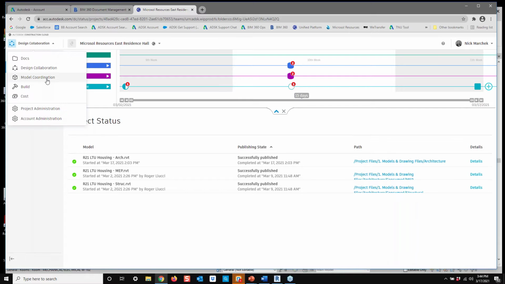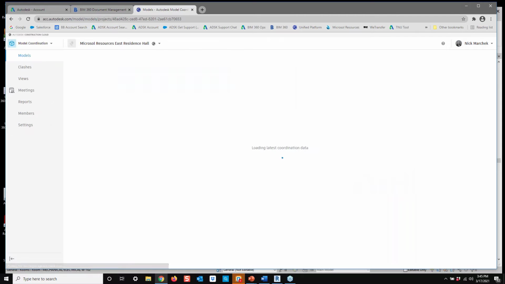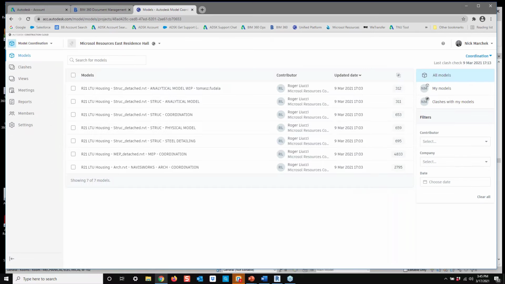And so, let's move on to model coordination. Maybe if it wants to load. Model coordination is the same as BIM 360 Coordinate. This is part of both BIM Collaborate and BIM Collaborate Pro, those products on the unified platform that we're looking at here. It allows us to take the models that have been saved in the cloud and combine them